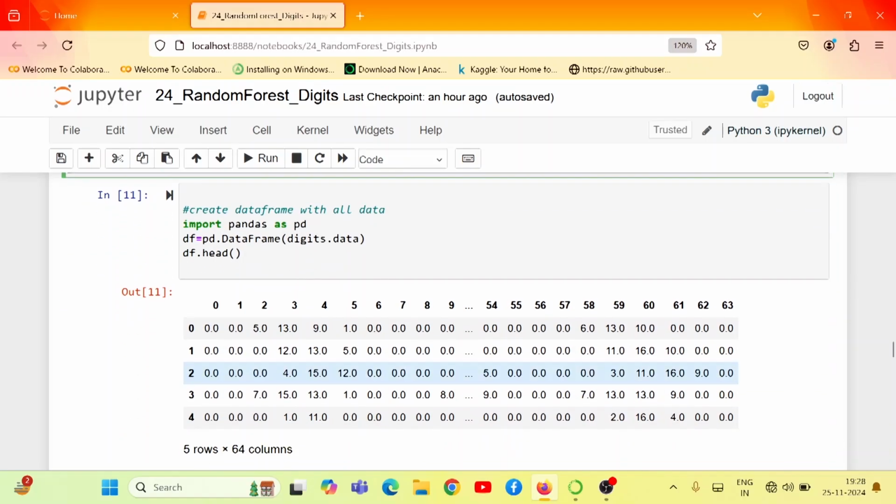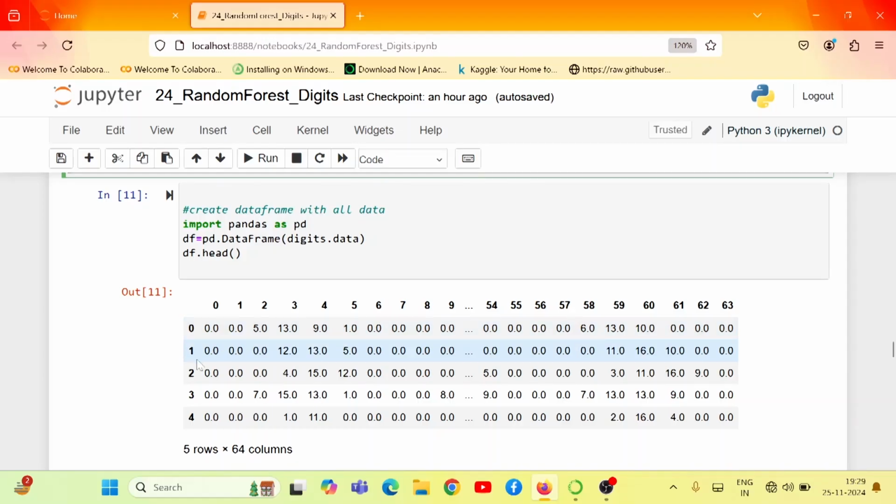So if we observe, each row basically contains 64 values from 0 to 63 corresponding to the data of one image. Now this 0th row represents the data of digit 0, and the first row represents the data